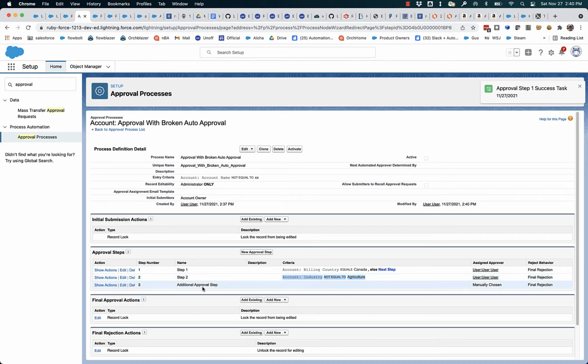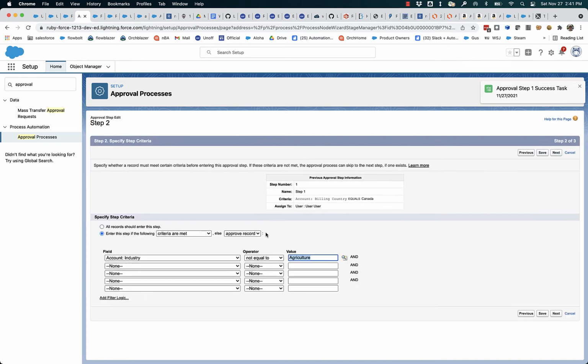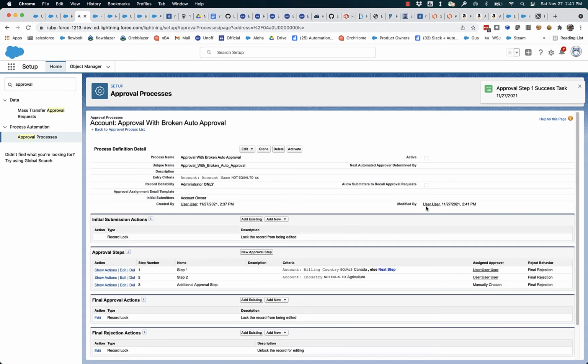And then there's a third additional step. Now, suppose that if industry is equal to agriculture, you want to automatically approve. The UI would have you think that you can do this. In fact, we've got it right here. By default, it's basically saying else approve record. And yet, it turns out there's a bug, it doesn't work, and that's why you don't see else approve record